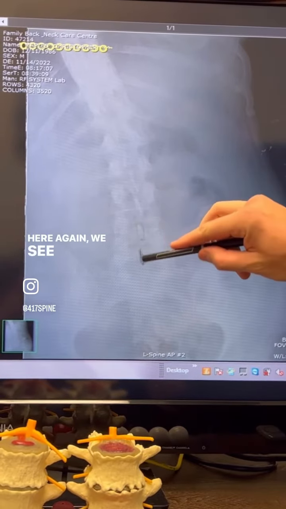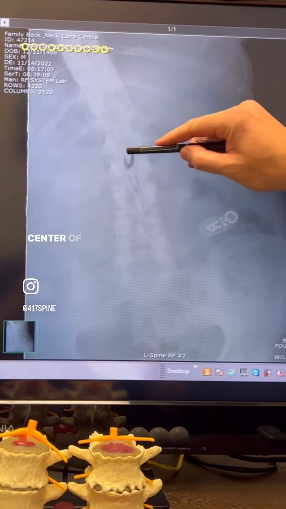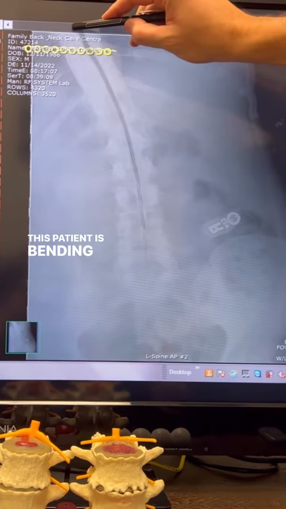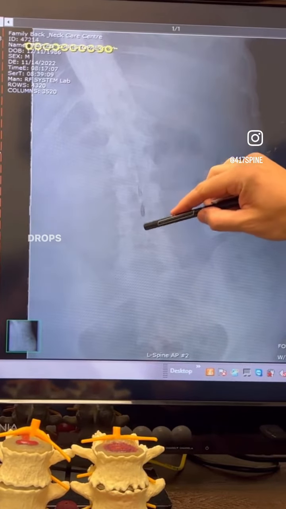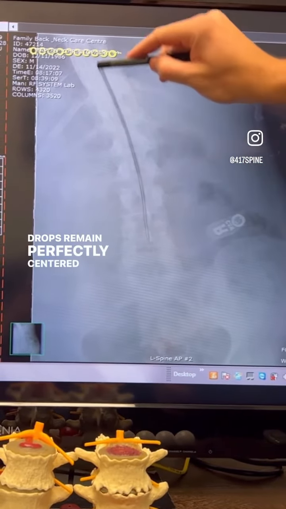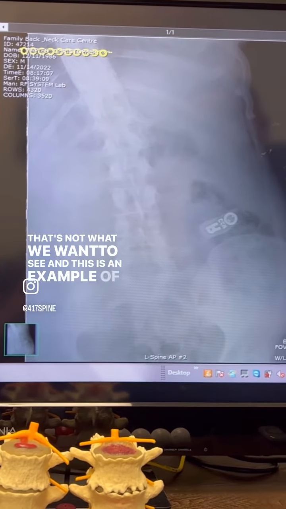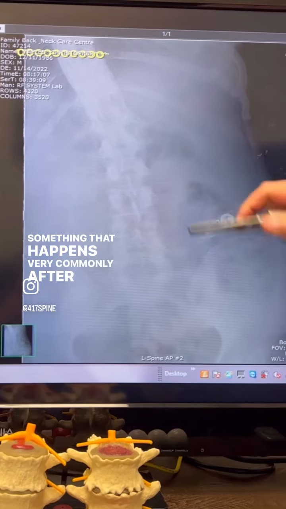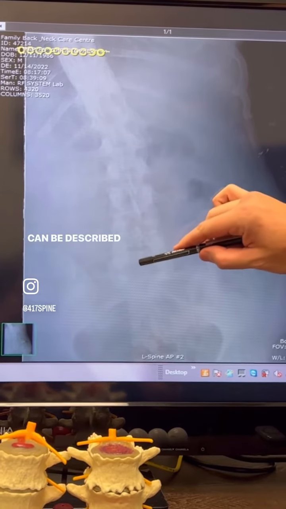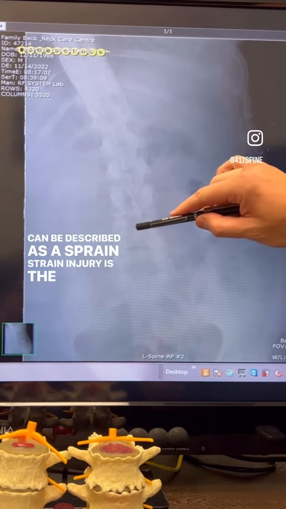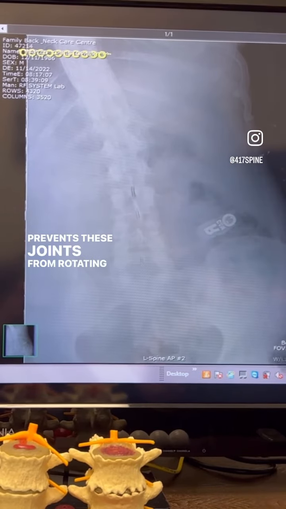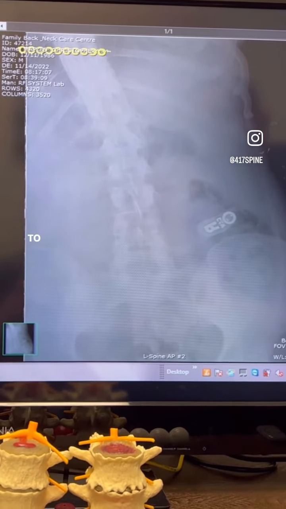Here again, we see these teardrops kind of right down the center of the spine. This patient is bending to the left, and we see that those teardrops remain perfectly centered down the spine. That's not what we want to see, and this is an example of something that happens very commonly after a car accident and can be described as a sprain strain injury, is the body prevents these joints from rotating as a protection mechanism to allow those joints